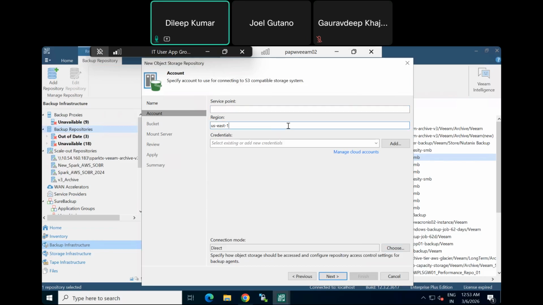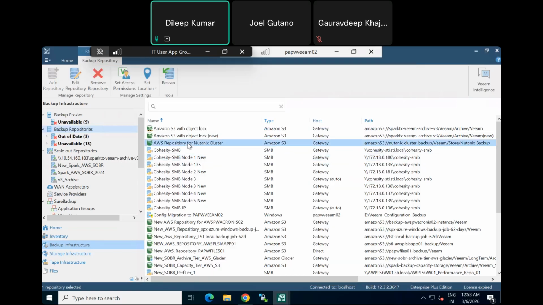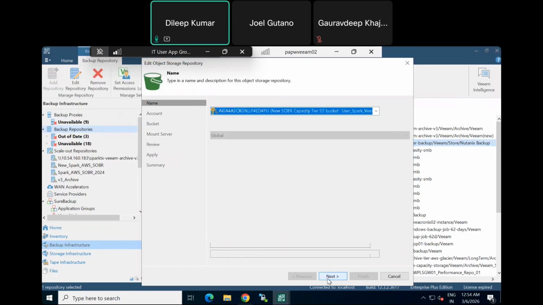You need to select the region and all, but I don't have those details, but I will help you to show the existing bucket which I have. Yes, so this is uncloned. The bucket name which I mentioned is AWS repository for Nutanix cluster. The account